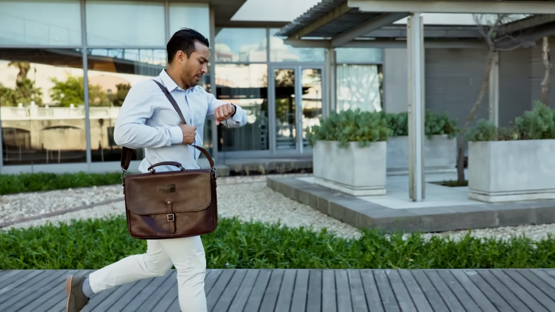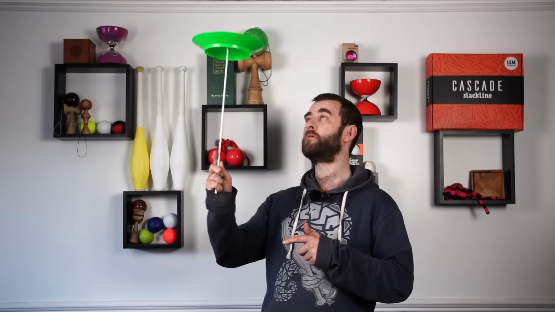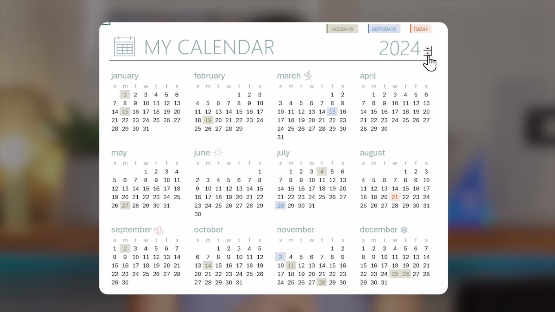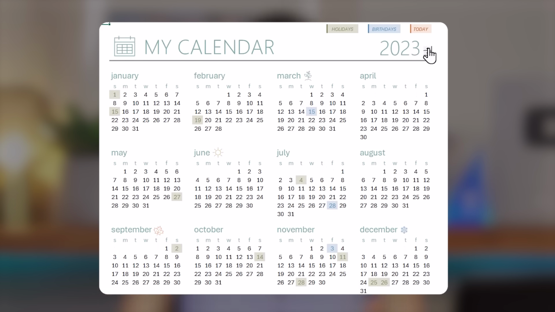We're all busier than ever, juggling a dozen things every day and rushing from one thing to the next. It often feels like we're spinning plates just to keep up. But imagine having an Excel calendar that updates itself, highlights your busiest weeks, and even flags upcoming deadlines. Sounds too good to be true? Well, today I'm going to show you how to quickly build this dynamic calendar that you can use again and